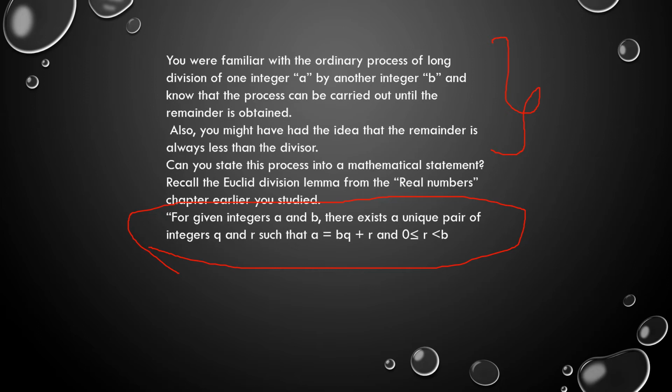See, we are doing the division. This is nothing but division. In the first chapter I explained that you don't need to worry about all these equations. It is nothing but division. We have made it into a mathematical statement. So we said that the remainder is always less than the divisor, and that we have shown in symbolic form.